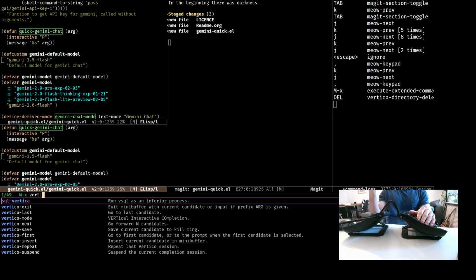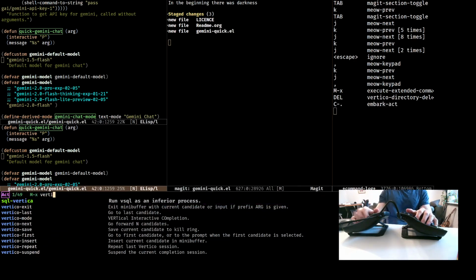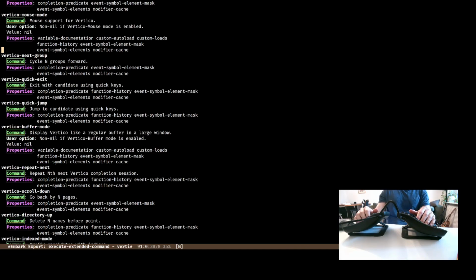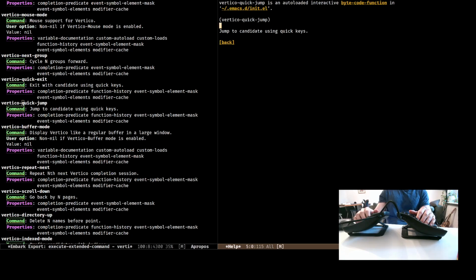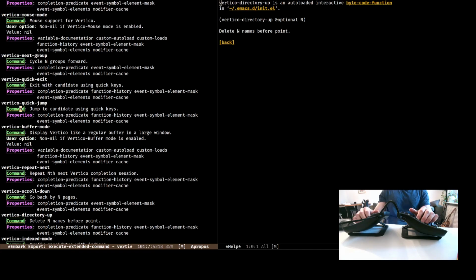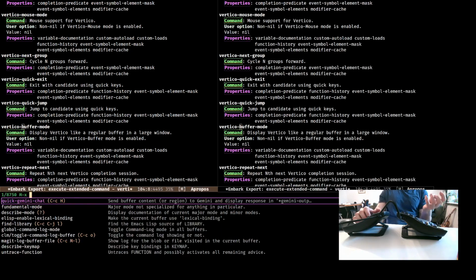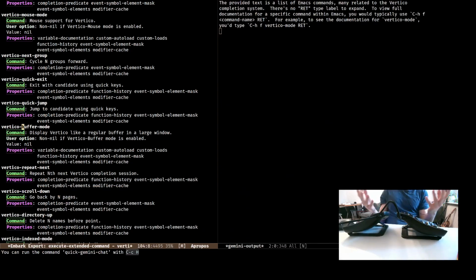Let's say that I open Vertico with my M-x commands, and then I narrow it down a little bit, and then I open an Embark export buffer or something. And this is a buffer. Of course, now it has a keymap, and I can also jump to something, or basically click buttons that do something, that open this describe command in this case. But because it is a buffer with text, I can use it to paste it into this Gemini chat